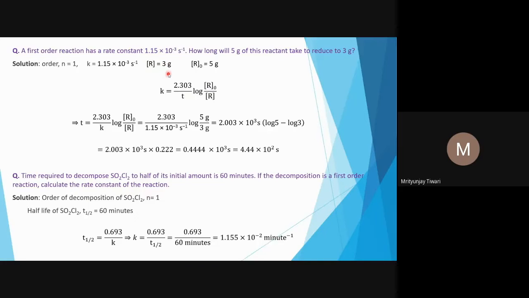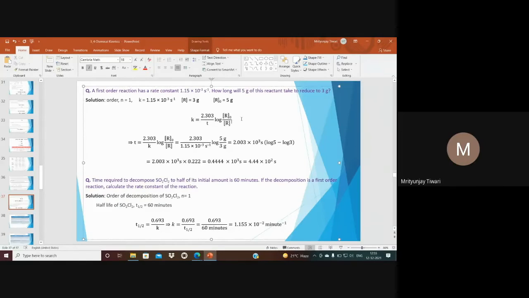So 3 divided by, suppose, M, and this is also 5 divided by M, and suppose the volume is V in this case. So R is 3 divided by M into V, and R naught will be equal to 5 divided by M into V. Now R naught divided by R is 5 gram divided by M into V, whole divided by 3 gram divided by M into V. So M into V cancels out. What I mean to say is that this expression can also be directly used as this,